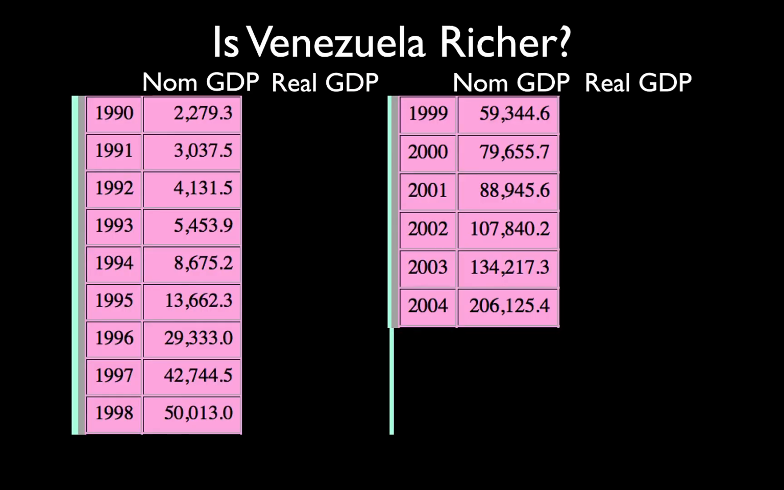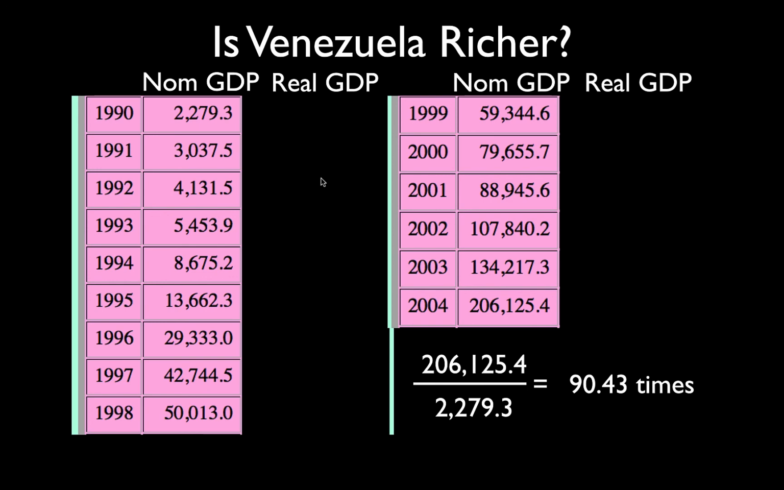One final thing. Is Venezuela richer? Okay, basically we're coming now to something that I hope you would already know from watching the production and wealth videos, which is about what causes inflation. So in 1990, nominal GDP in Venezuela was 2,279.3 bolívares. In 2004, let's say 14 years later, it was 206,125.4. Now, what I'm going to do is divide the nominal GDP in 2004 by the nominal